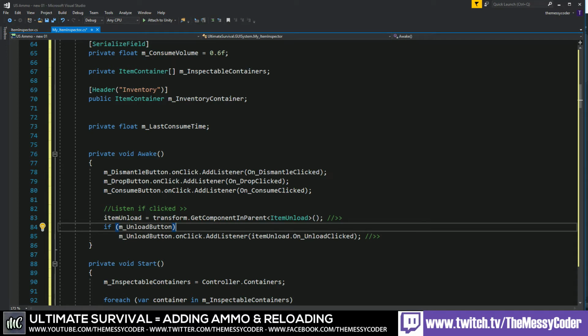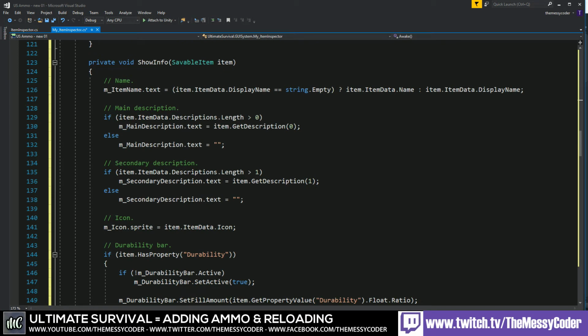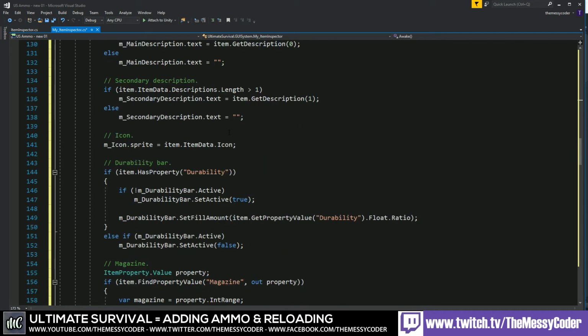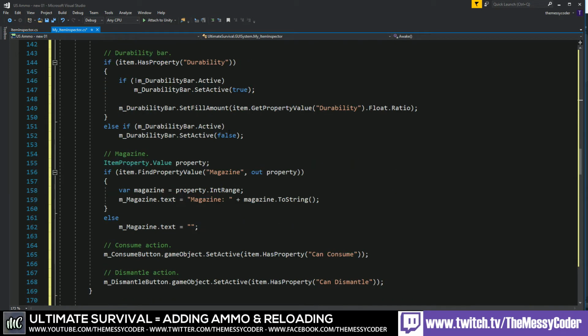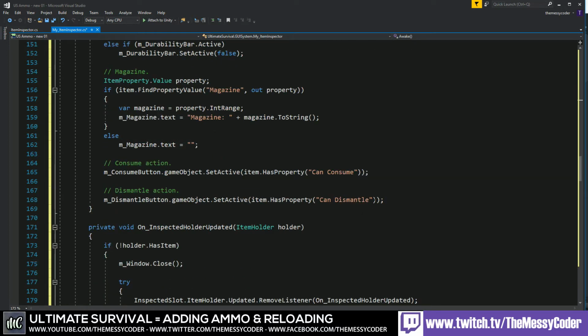So we scroll down until we find show info. Here's show info. How are you doing? You having fun? Yeah, I think he's having fun. So down here we've got, so you already had properties for magazines and stuff, which we're not really using. So we add here